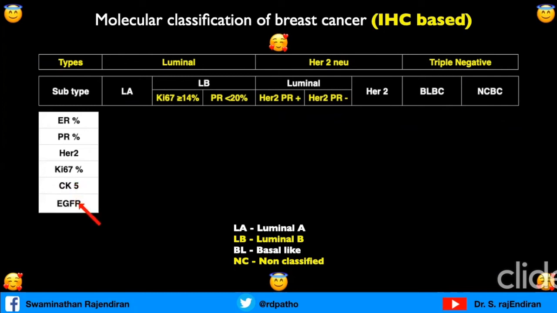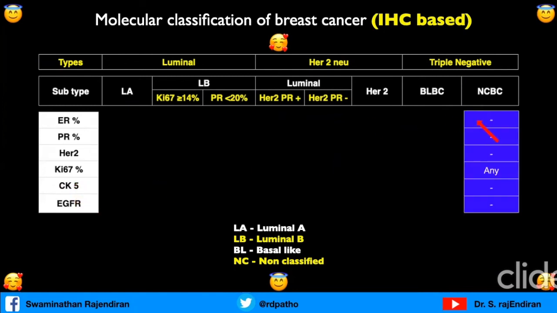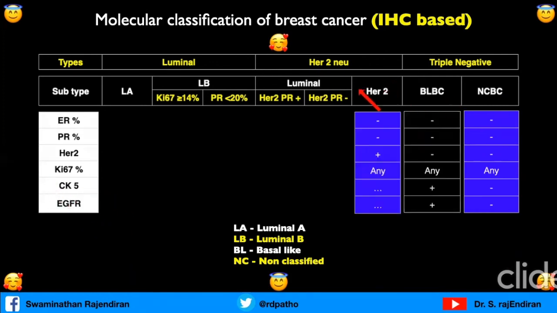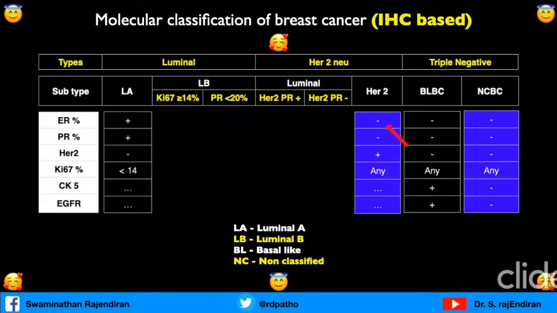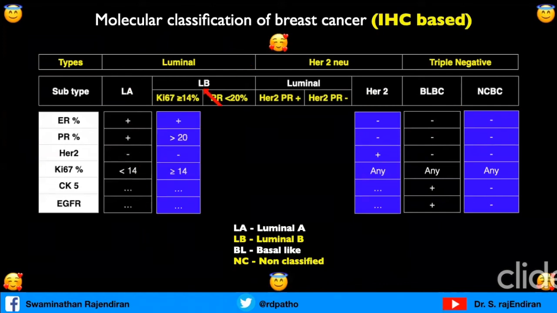So basal-like carcinoma should be positive. Okay. When do you call non-classified basal cell carcinoma? All markers are negative in a cancer. Okay. So which is usually triple negative, but we added 2 more markers. HER2, when do you call HER2? Only when HER2 is positive, all others are negative. And when do you call luminal A? ER and PR positive, low Ki67. When do you call luminal B,